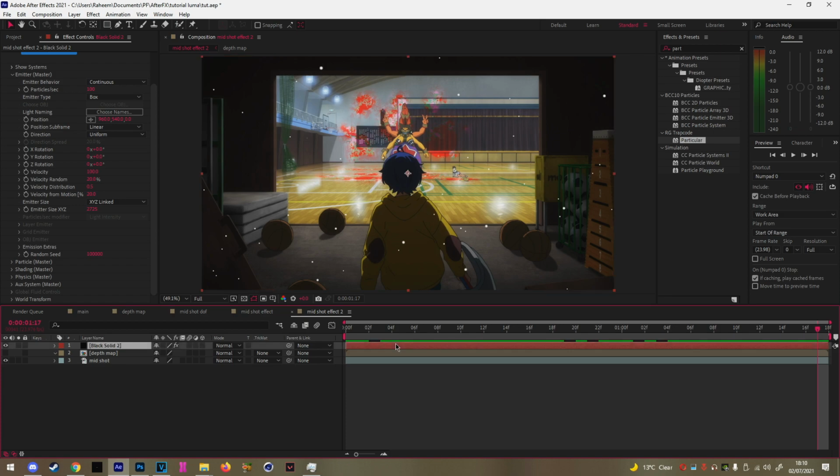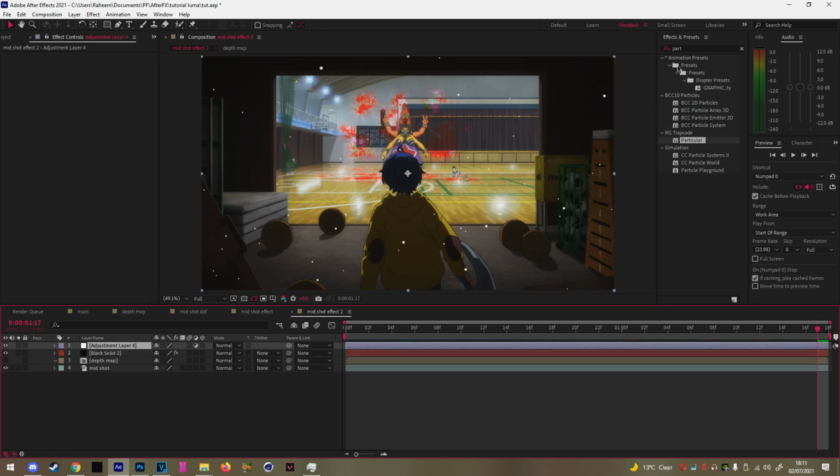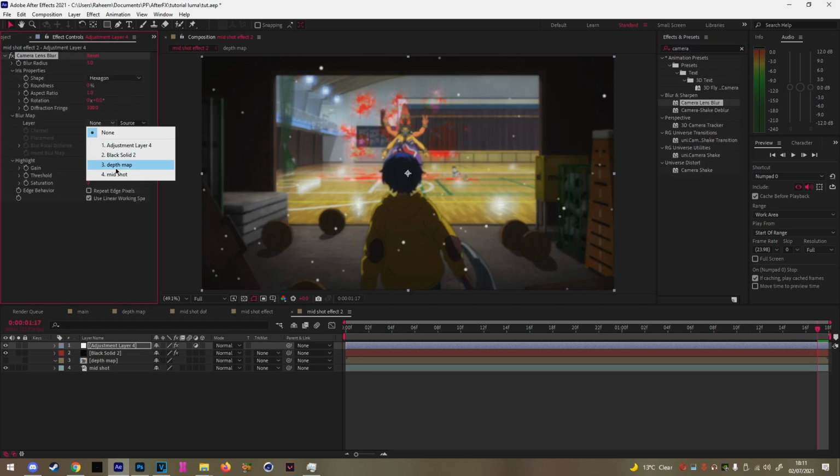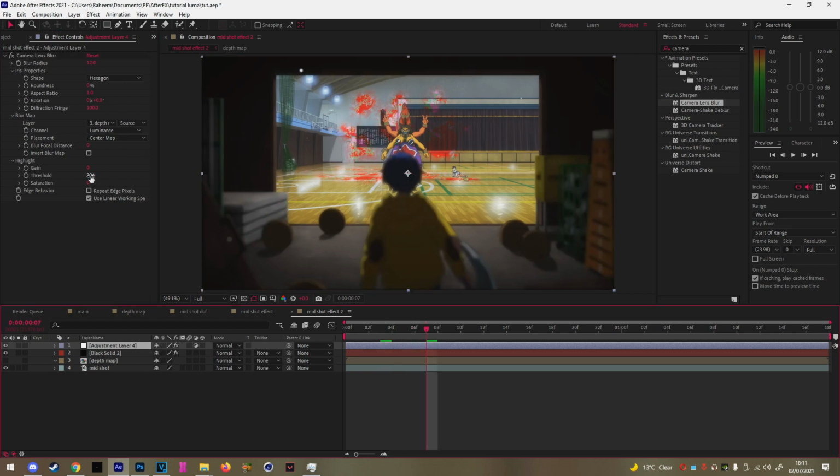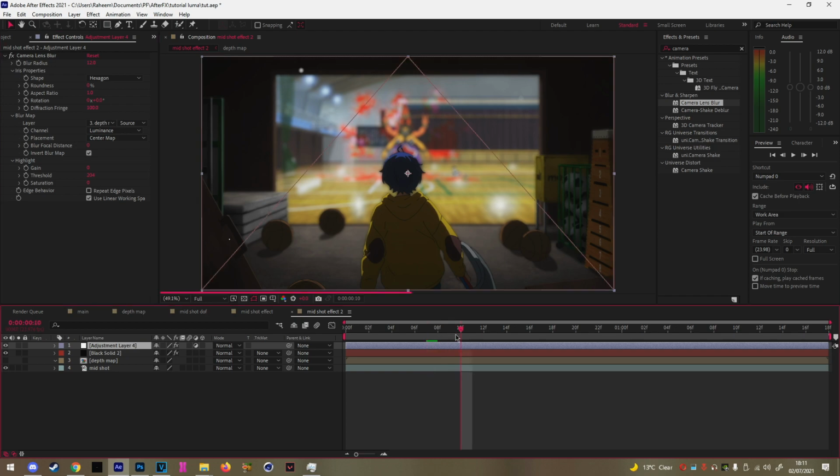Now let's say we want accurate depth of field. I think in Particular there is a way to do this if you use the camera. If you want to achieve the same effect and you want the particles not to be blurred, you can apply it on an adjustment layer like we did before. So if I do this and I add camera lens blur, I go to the depth map. See, the problem is, oops, that's a bit too much. We're doing too much here. The problem with this is that if I invert this, the particles in the background will be blurred. However, in a situation where I don't want it to be blurred